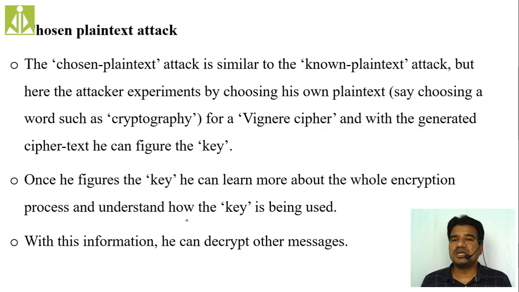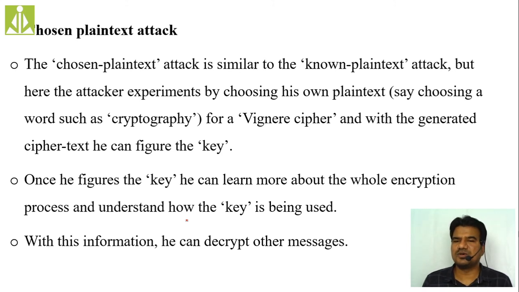So next is the chosen plain text attack. What the attacker will do is choose one plain text for the different ciphertexts. He will assume one plain text, and by assuming that plain text, he simply performs cryptanalysis to gain knowledge about the key. He already has the ciphertext and the encryption algorithm. So he simply chooses any random thing as a plain text, and he performs the reverse engineering.